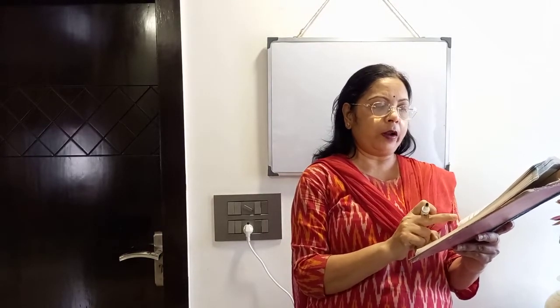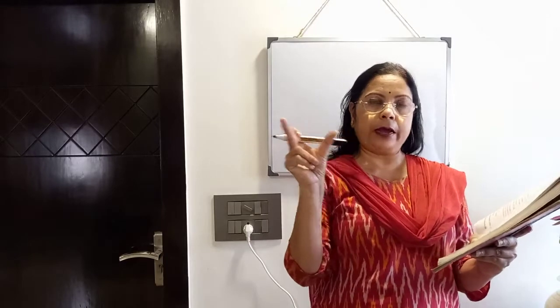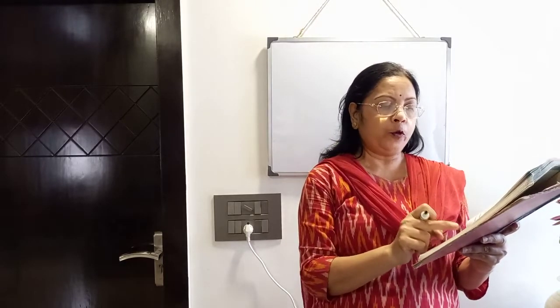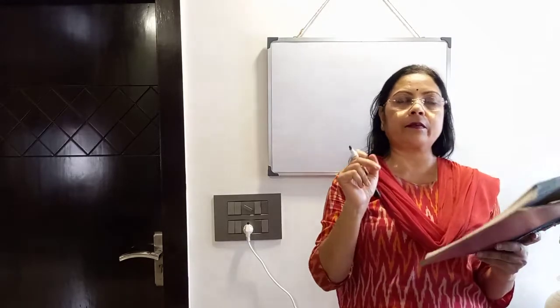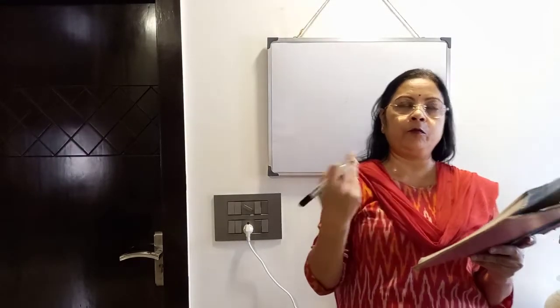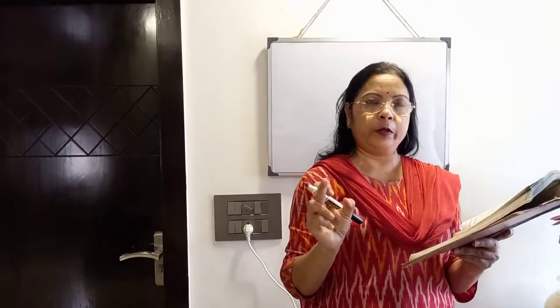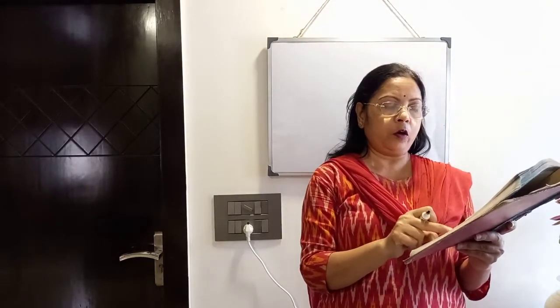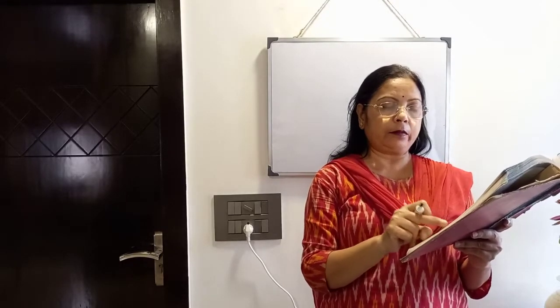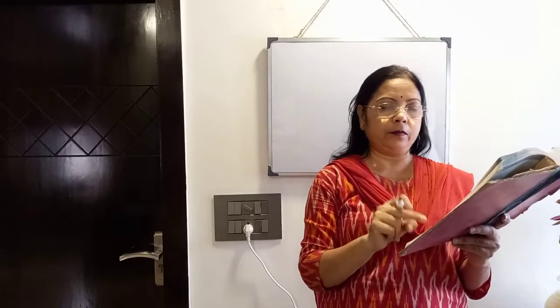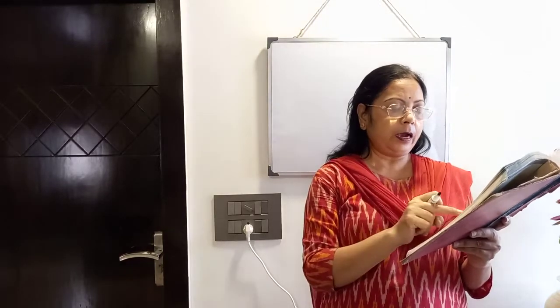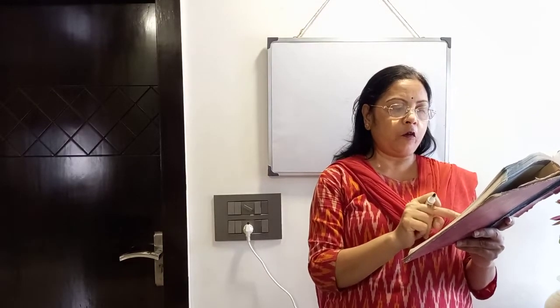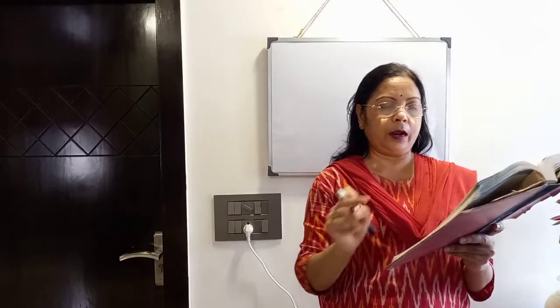Determine the length of a right circular rod. Length means height, h you have to calculate. Of 2.8 centimeter, in my book it is radius. If in your book it is given diameter, so no problem. But in whichever book it is told radius, all of you change it, write down diameter. So you have to calculate the length of a right circular rod of 2.8 centimeter diameter, not radius, made by recasting a solid gold sphere of 4.2 centimeter radius.